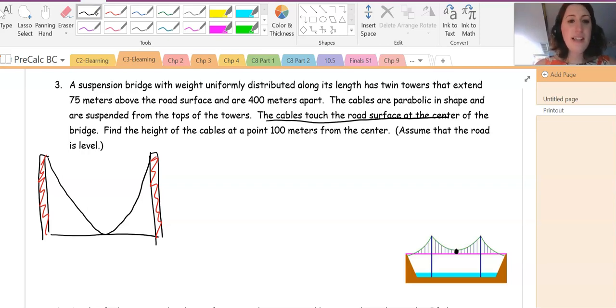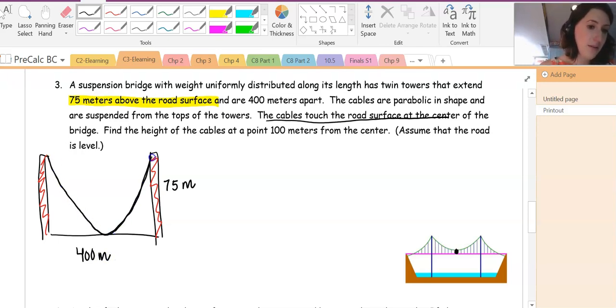So it says that we have twin towers. So there are my twin towers that extend 75 meters above the road surface. So what you should take from that information is that your height is 75 meters. They are 400 meters apart. Okay. The cables are parabolic in shape. Okay, here's my cable. The cables touch the road surface at the center of the bridge. All right, so